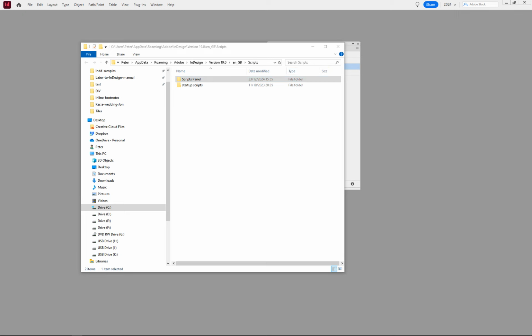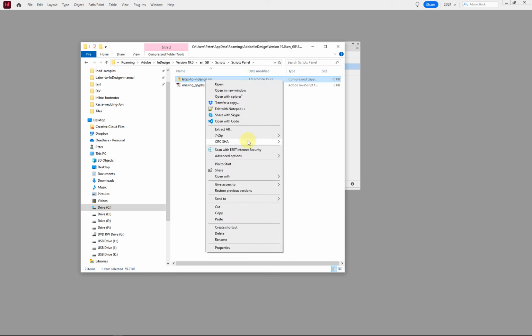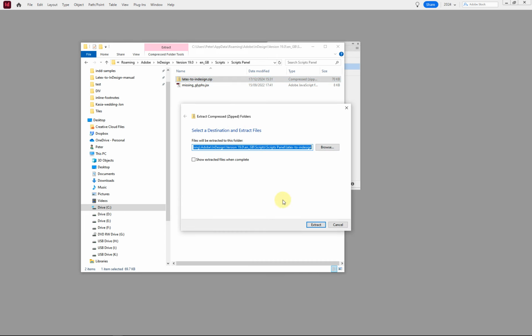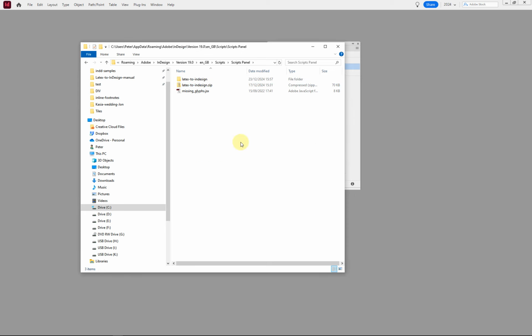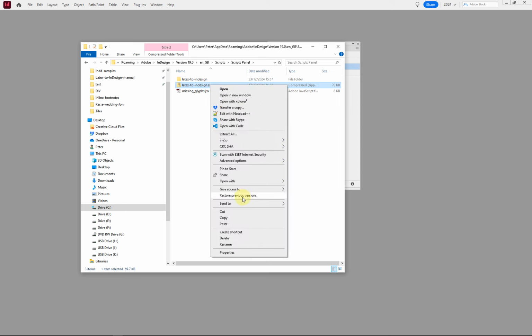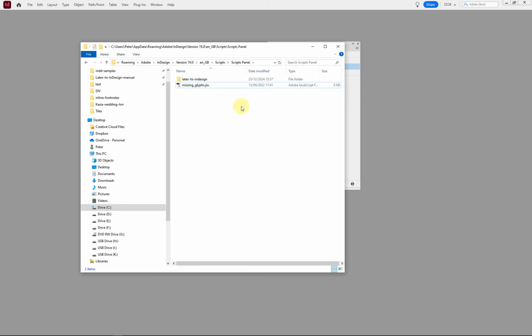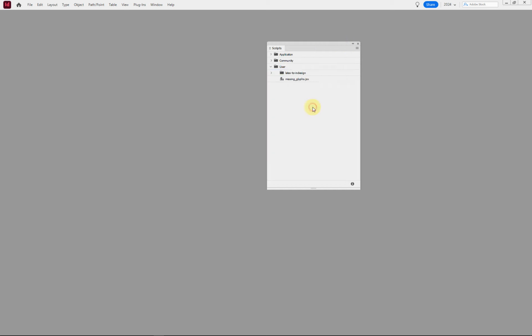Now you dig up the zip file and you place it in the scripts panel folder, like here. You unpack it, you say extract all. There are many ways to do this. This is just one way, using the standard Windows facilities. And extract. That's done. We don't need the zip file anymore. You just delete it. Delete. We close this, and when you go back to InDesign, you see that